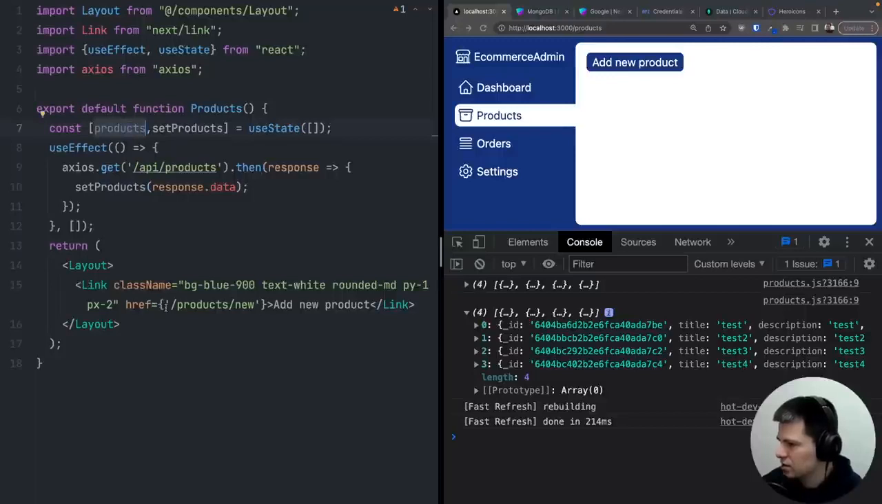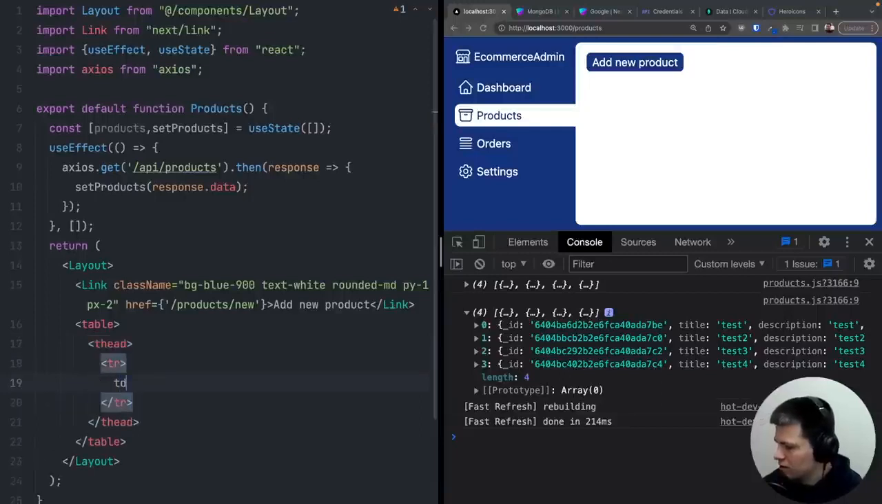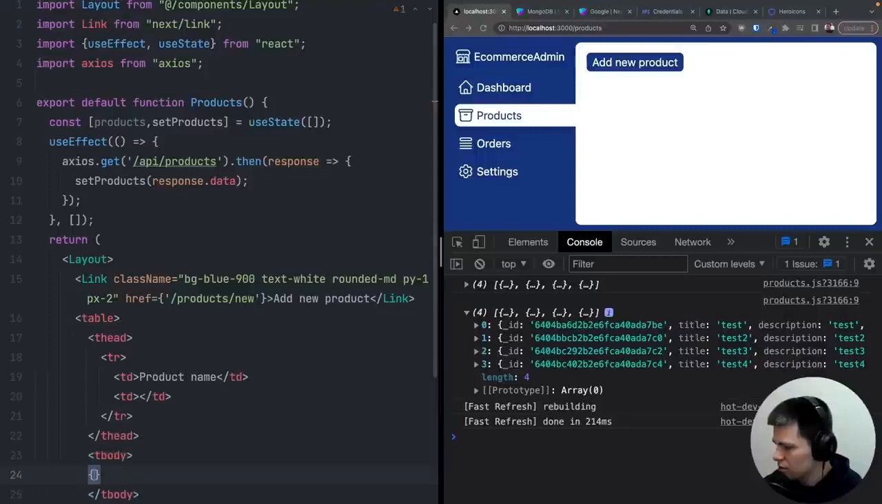And now let's show the products. So I think I can put it inside the table. It will be a table with t head, and let's put 1 tr here, and the first column will be product name, and then we will have an empty column, no title, and inside t-body let's just loop through all the products here. So let's do